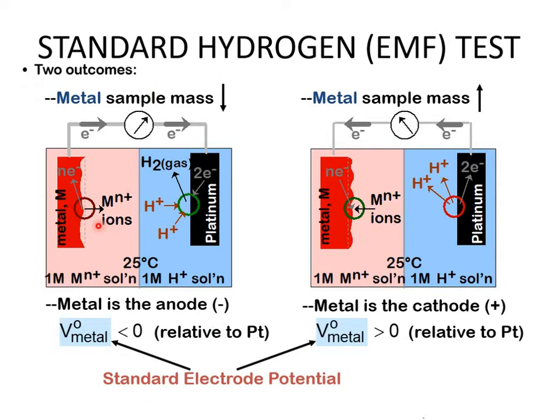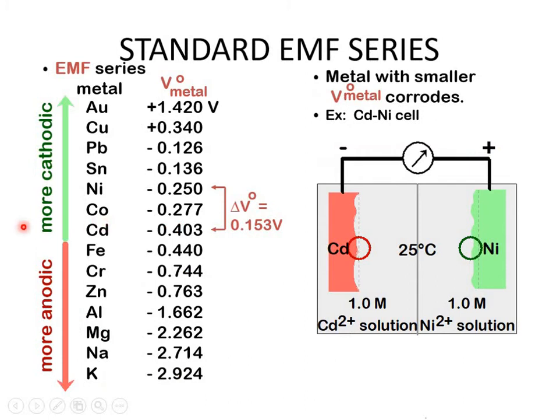Let's move forward now. Then we have a standard EMF series. From this series we can judge that the more anodic the metal is, the more reactive it would be in service or in the applications. So if we want our material to be more cathodic or more inactive or more inert in service, then it is highly corrosion resistant.